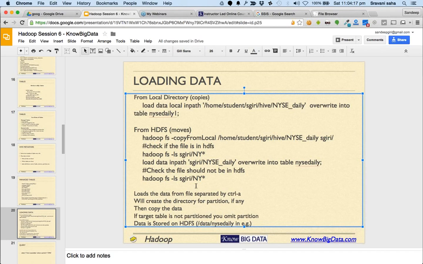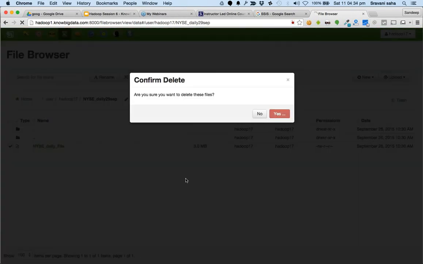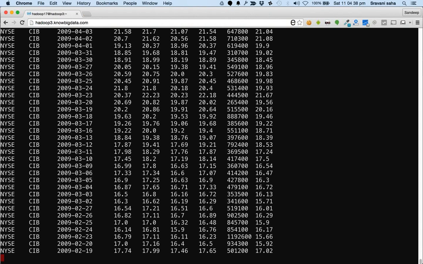Now let's load the data. If I have to load the data, let's say I want to copy the local data into Hive. Let's just delete this. So if I now go here,